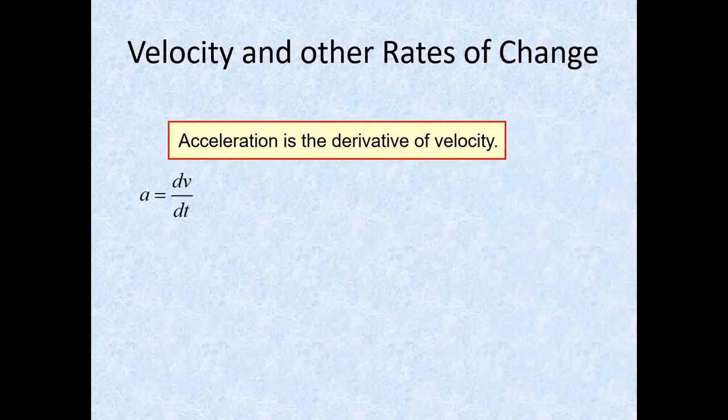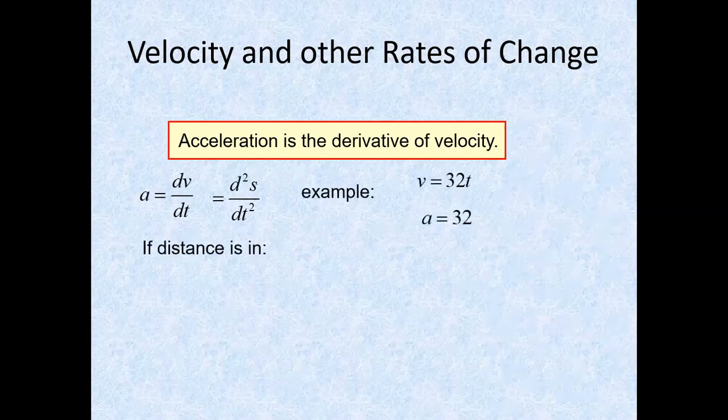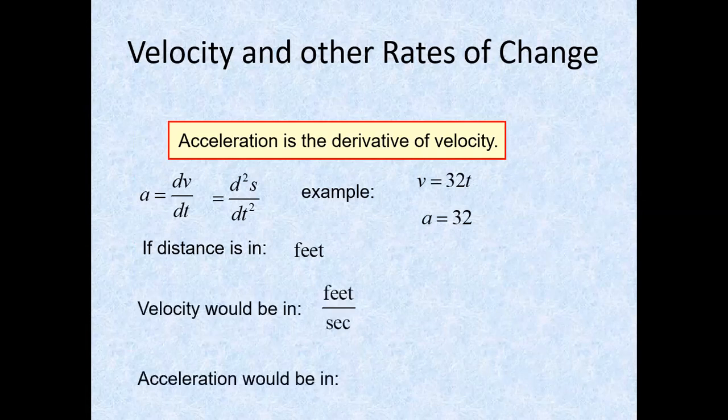So a equals dv over dt, which equals the second derivative of s with respect to t. For example, v equals 32t, where a equals 32. So if distance is in feet, the velocity would be in feet per second, and acceleration would be in feet per